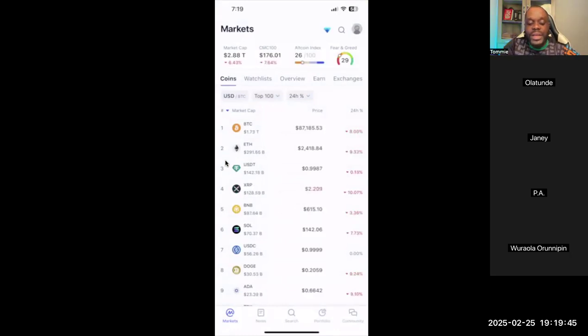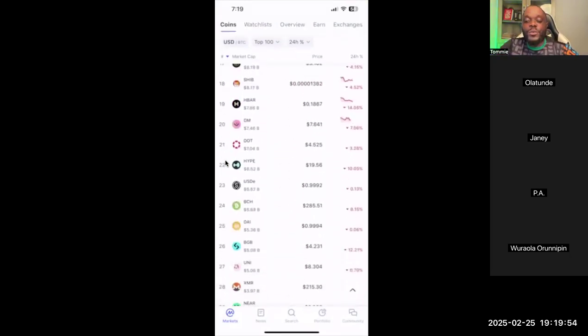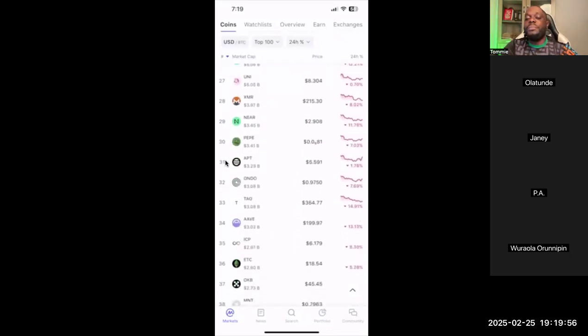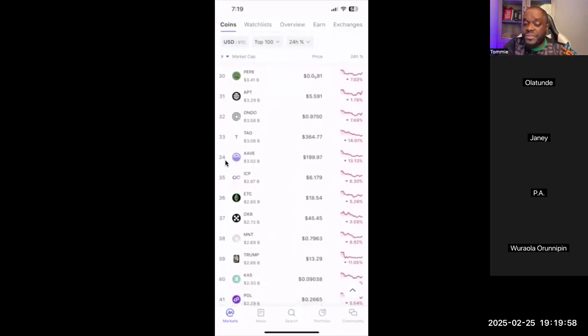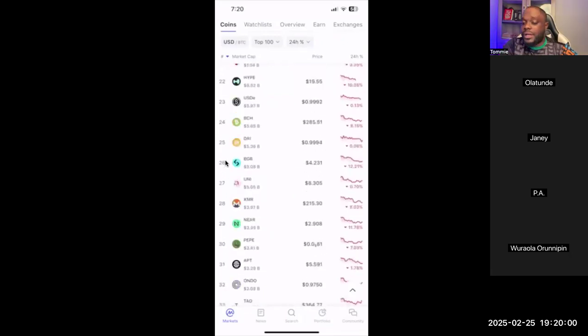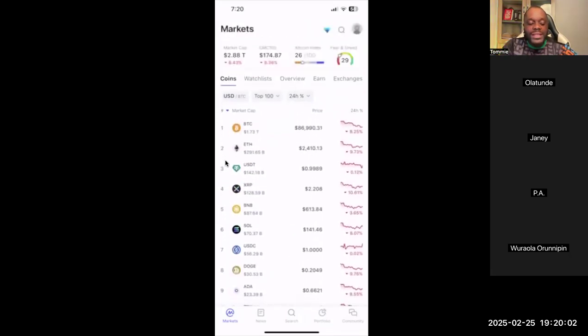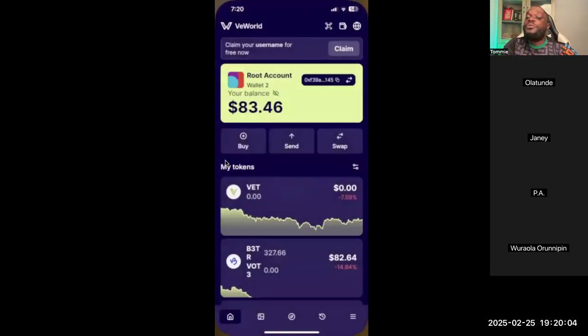You can see Bitcoin has now dropped as low as 86,000 all the way from 100,000. You can see blood all over. Everywhere is red, red, red, red. Whatever affects Bitcoin affects other major top 10, top 20, top 50, and will definitely affect every other crypto as well. That's why if you look at it, my earning was over 100 plus, 100-something dollars that was there. But now it has dropped to